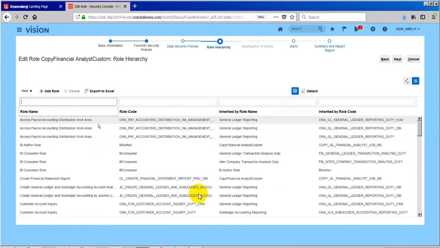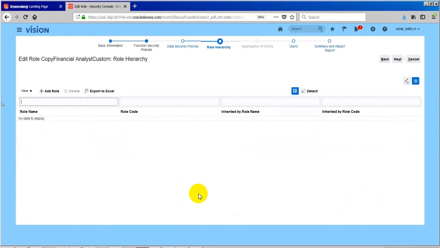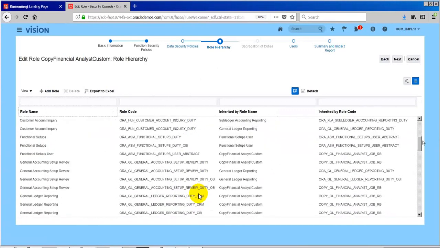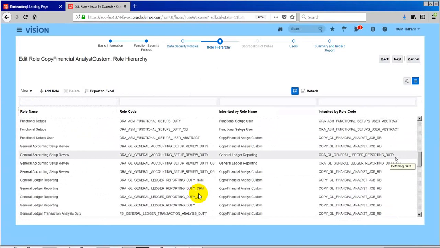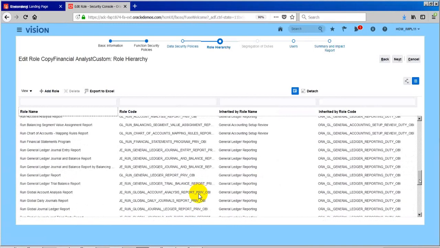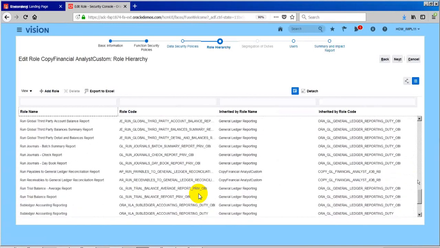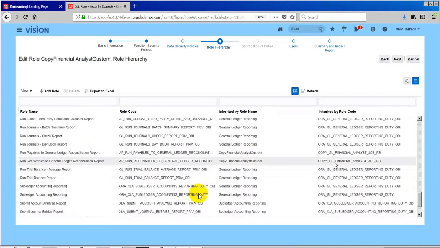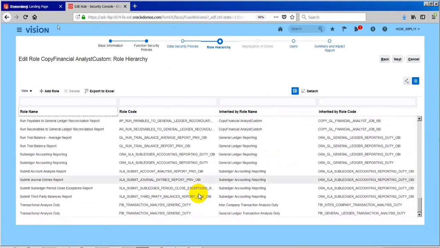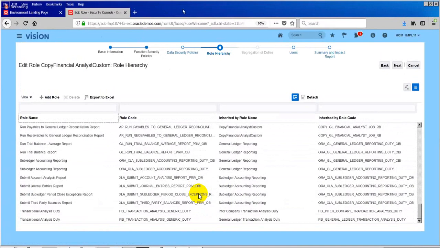Here you can write the name. Nope. It's there in function security policies, I think. It's an aggregate privilege, right? Let me see. Let me open the security reference.